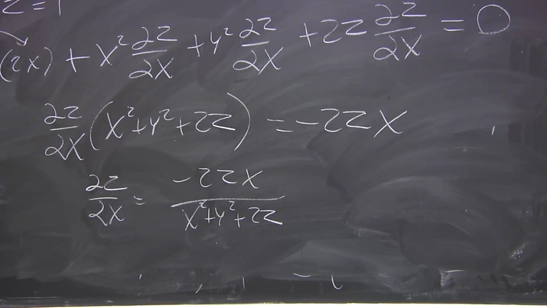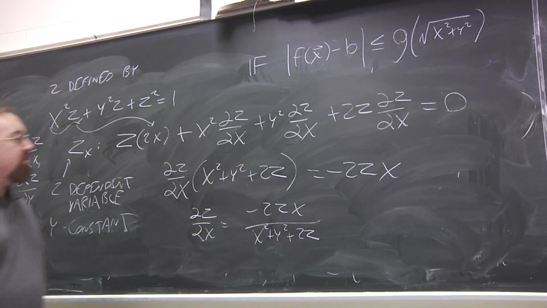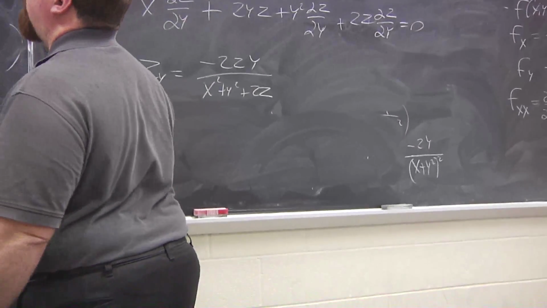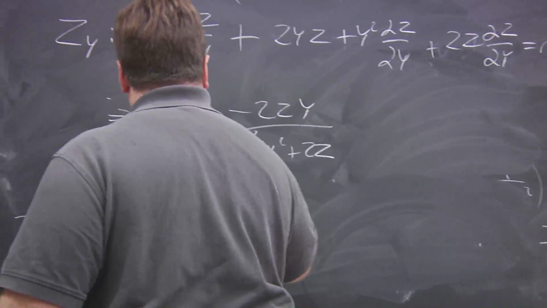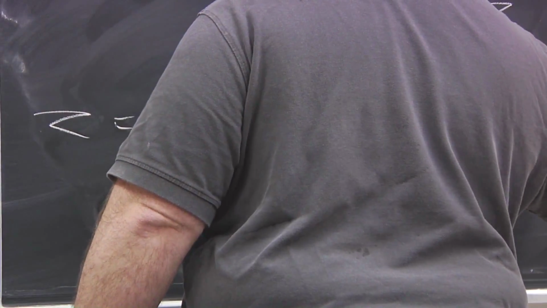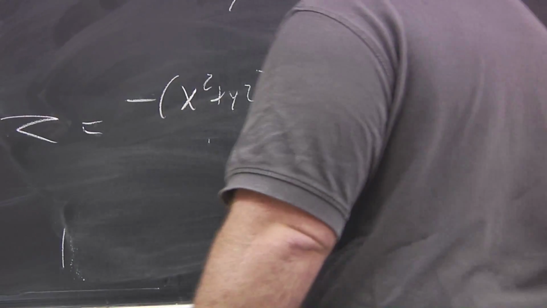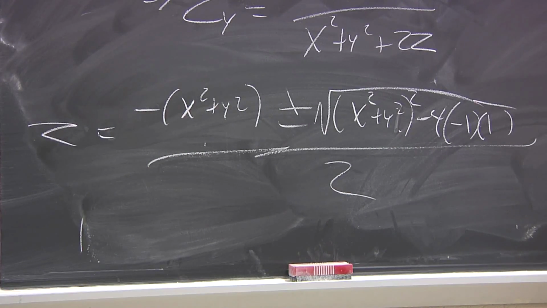Of course, in this particular example, you could solve for z explicitly, because you can write z is equal to minus x squared plus y squared plus or minus the square root of x squared plus y squared squared minus 4, all over 2, a quadratic equation in z. Now try differentiating that. Even if you could solve for z, you might be better off leaving it